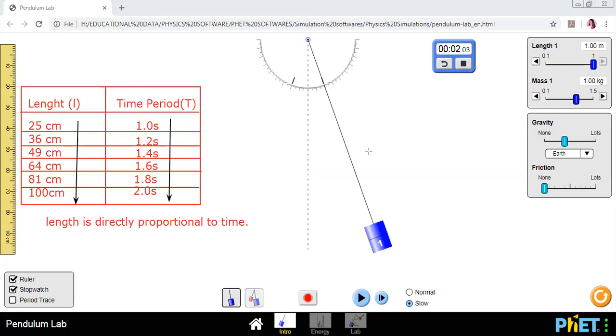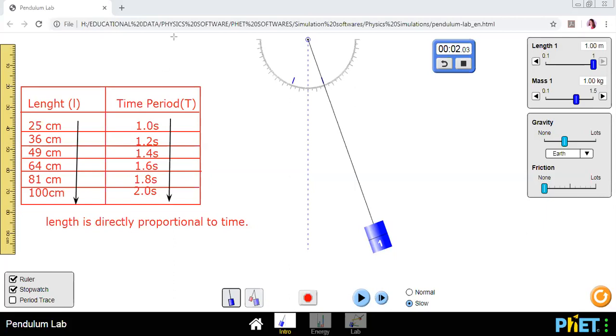Time is directly proportional to length. Rishi, okay. So then why did you say no? That's what time period and length. Krish and Swam, can you give your opinion? Why did you say no, beta? Krish and Swam. It's Rishi, it's not time, it's time period. Okay, chalo, Krish and Swam are not responding.